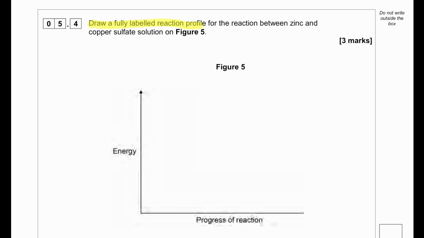Draw a fully labeled reaction profile for the reaction between zinc and copper sulfate solution. When we want to draw a reaction profile diagram, we have to understand that if the reaction is producing heat energy, the reactants must be at a higher energy level. So we're going to put zinc plus copper sulfate here,